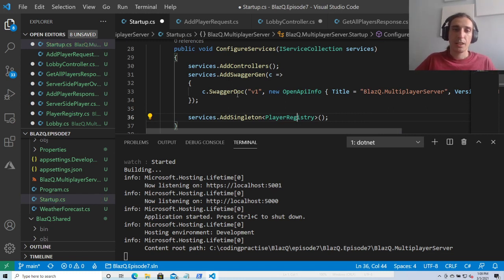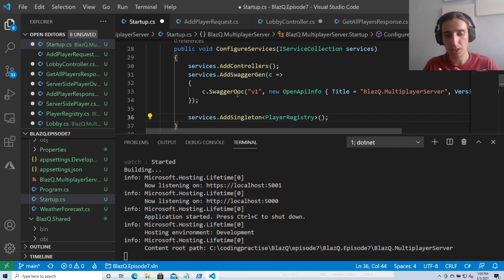So services is always a dependency injection. So a system which injects different classes, implementations into our controllers, into all other things we have in this realm of .NET ASP Core. A singleton